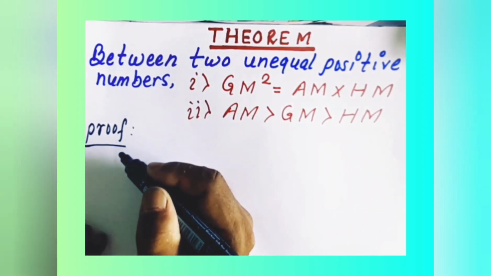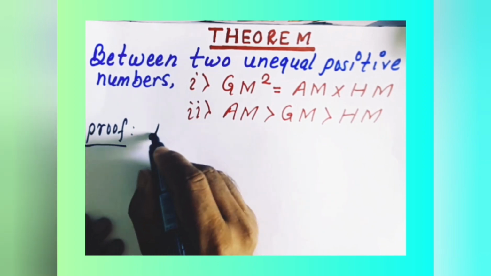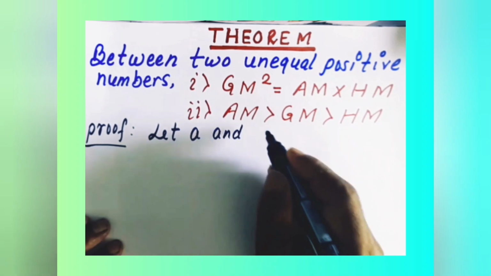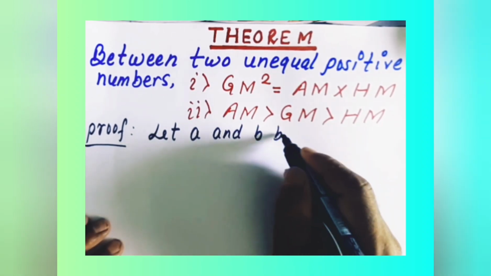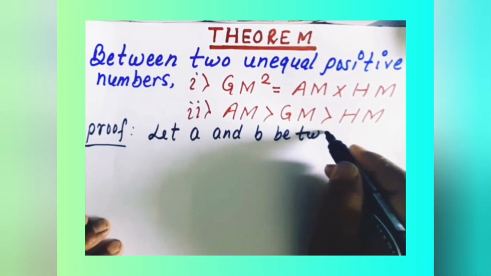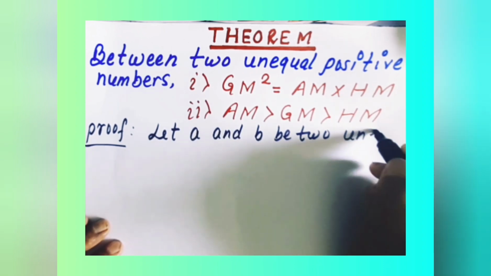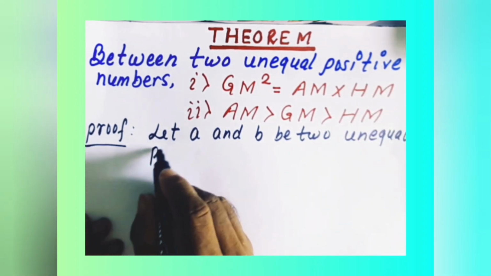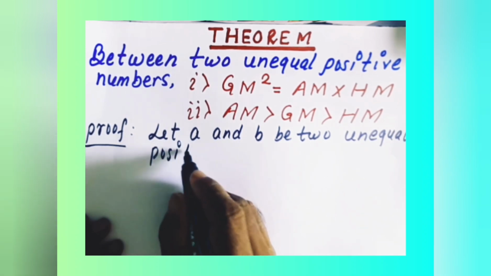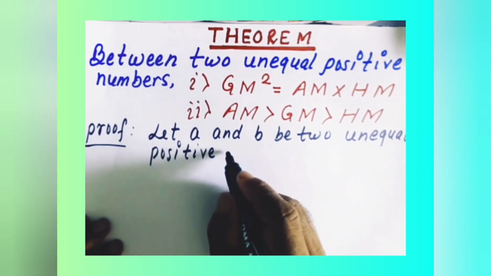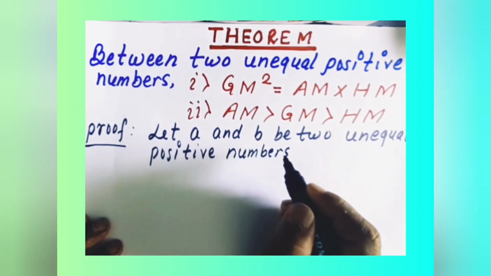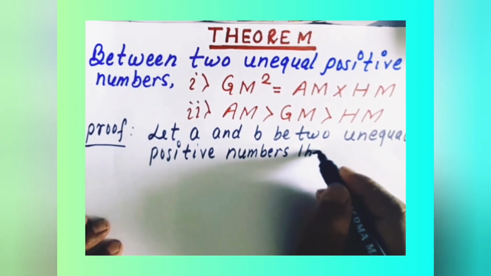Between two unequal positive numbers means we first have to suppose, let a and b be two unequal positive numbers, then